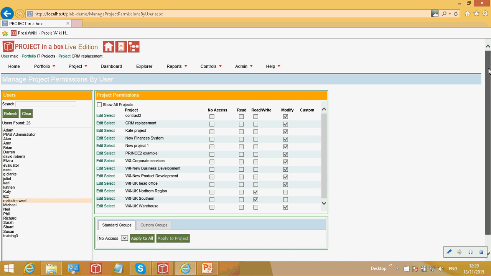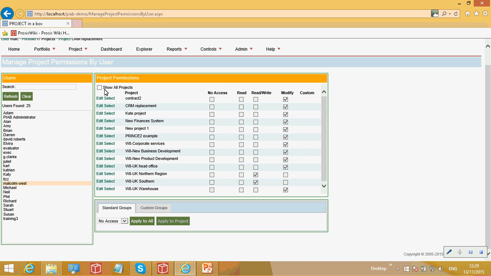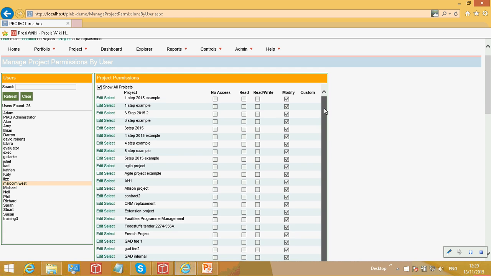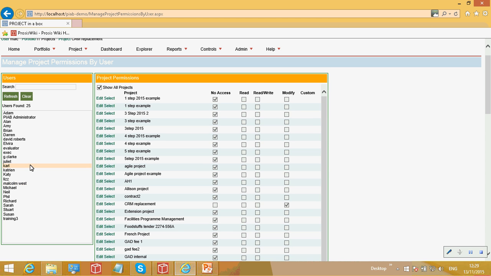Now actually here we've made a slight change to this form, which is in both the browser and the Windows application, because we've now got many customers with hundreds and hundreds of projects, 500-600 projects not uncommon. We need to be able to manage permissions at a portfolio level as well as an individual project level. So I could look at all projects here, and I can see all the projects that I've got permissions on, or that somebody else has got permissions on, Carl for example,